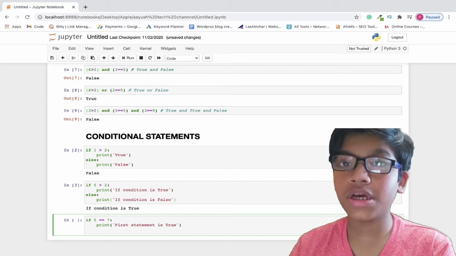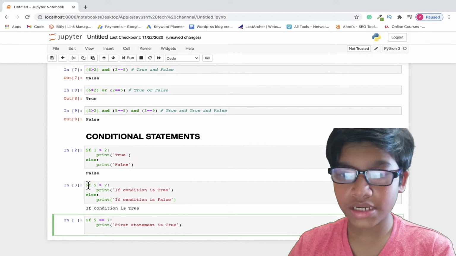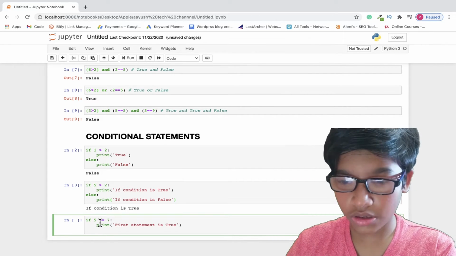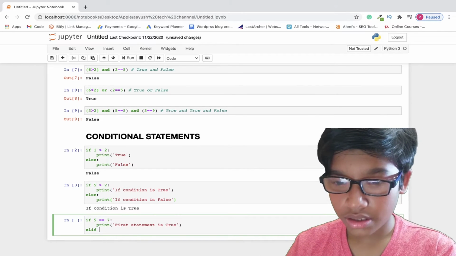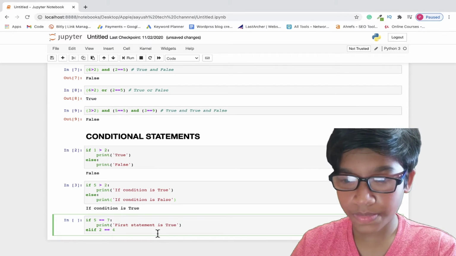If not, now here we are going to write the new thing, which is else if. Else if means that if the first condition is not true, then it should go to else if. So here it's else if, and here we are going to write 2 is equal to 4.